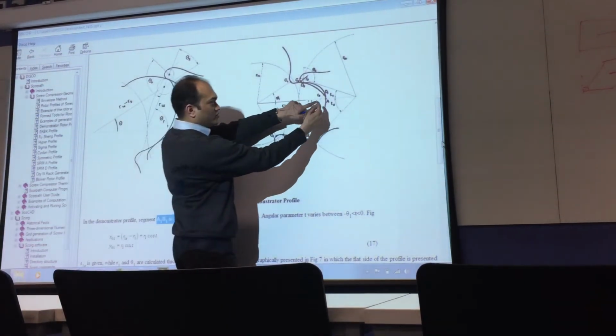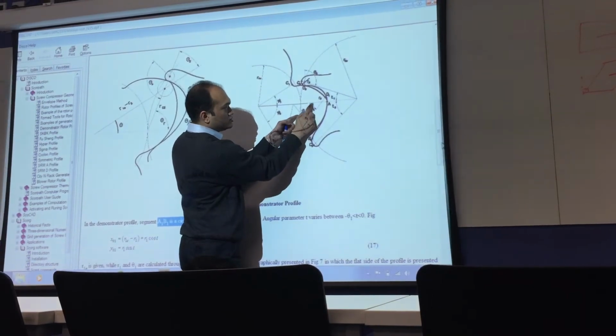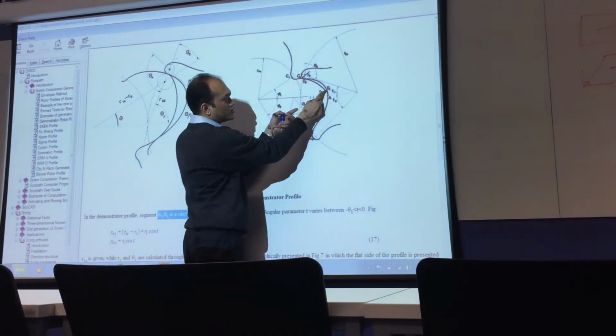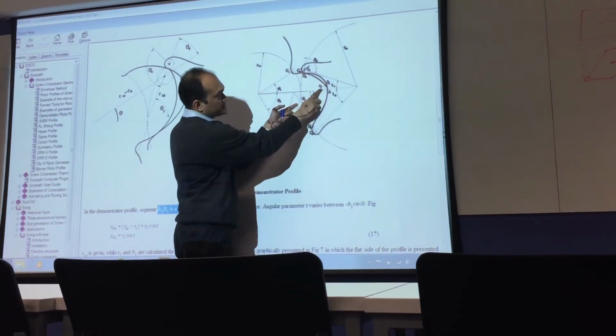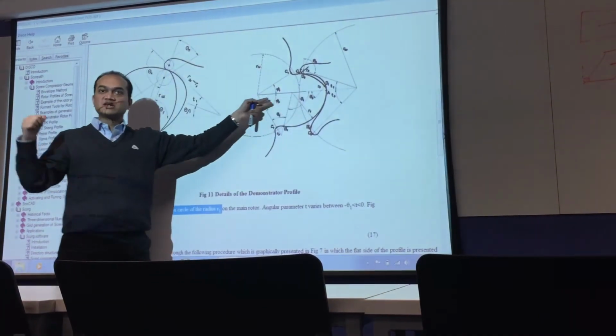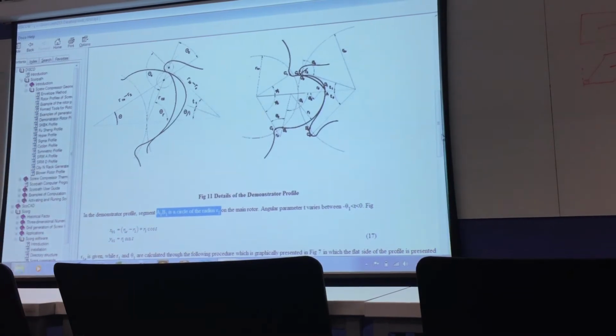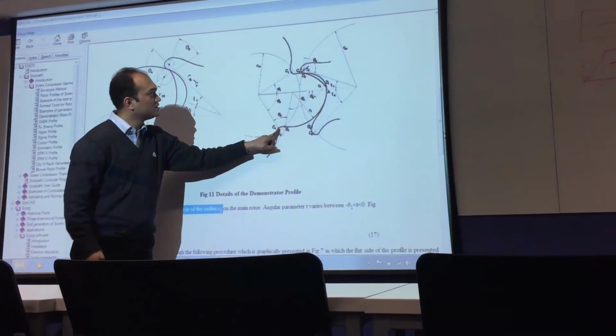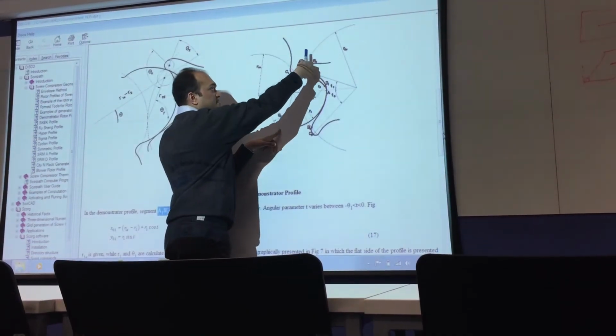Then from this tip to small angle, which is given by psi, there is R2 with center here. This is R2. It's not clear here, but if you open the help, it might be. Then R3 is here at the root, and R4 is on the female side at the tip.